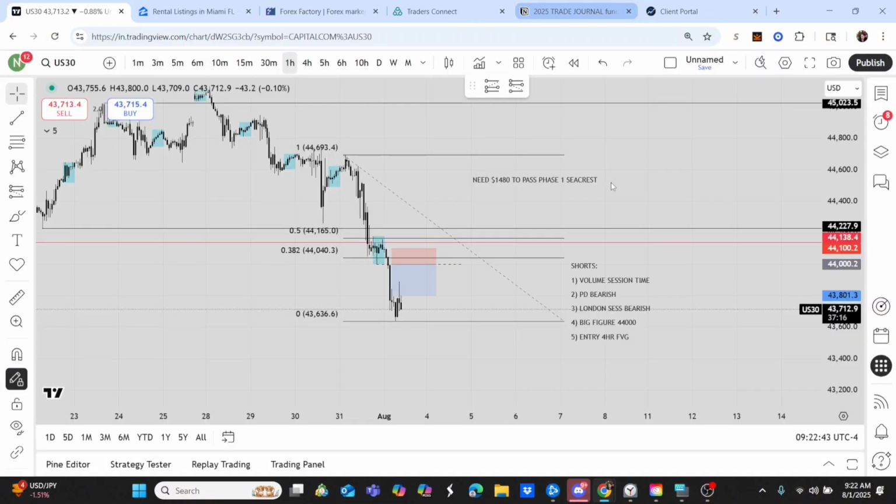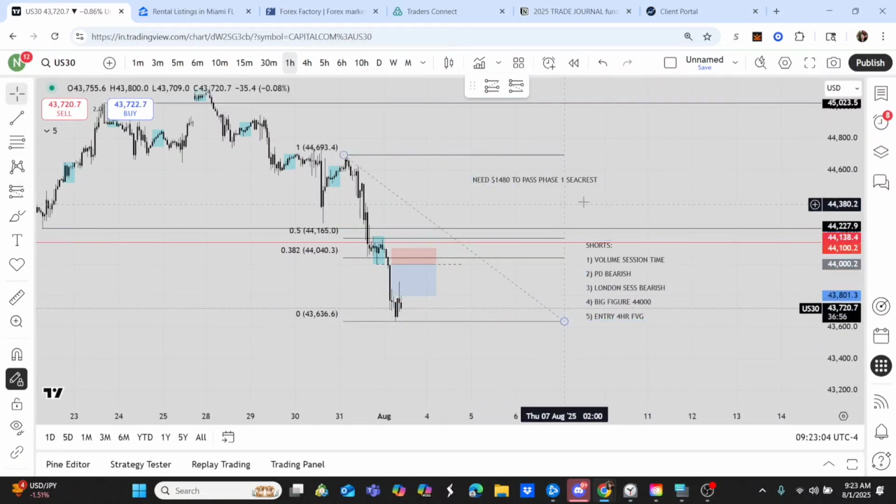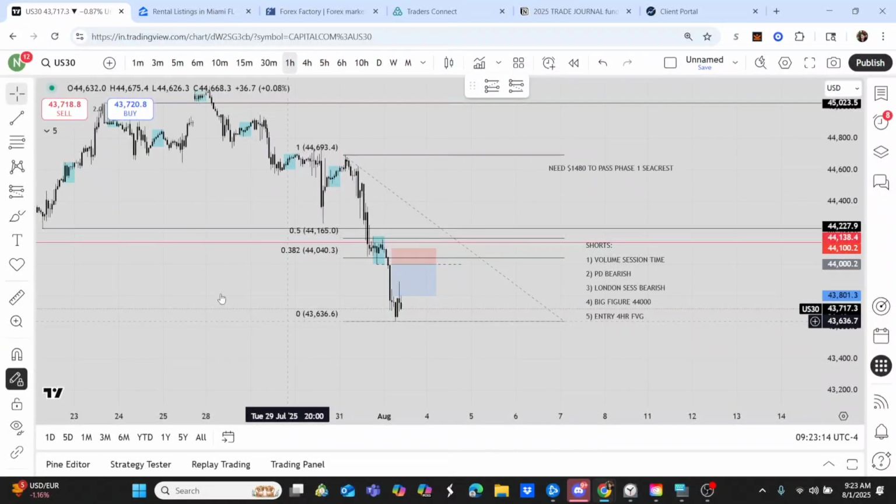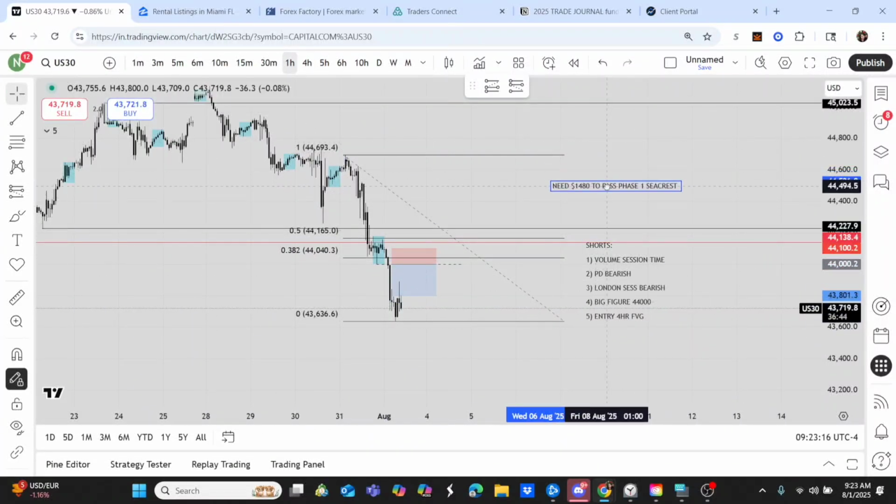Okay, so it's the last day of the trading week. Right now I got a list of confluences for some shorts. The day looks very self-explanatory, just like yesterday. Price has been bearish since the previous day, and bearish since the end of the session. So I'm just looking to get a continuation of that trend. So we're gonna see what today is hitting for. Also, on a good side note, on one of my challenges as well, I just need 1480 to pass, risking 1%. So we're gonna see if I can get like a nice little win on that as well.